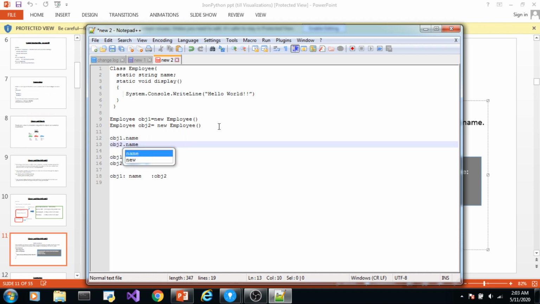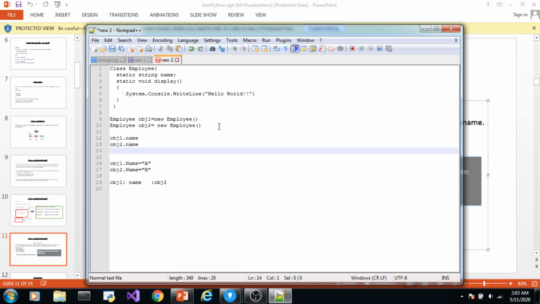But since only one copy is created, you can access the variable directly through the class name like this. So static variables are also called class variables. This is why they are called class variables, because they can be accessed directly using the class name. You did not create any object to access them.